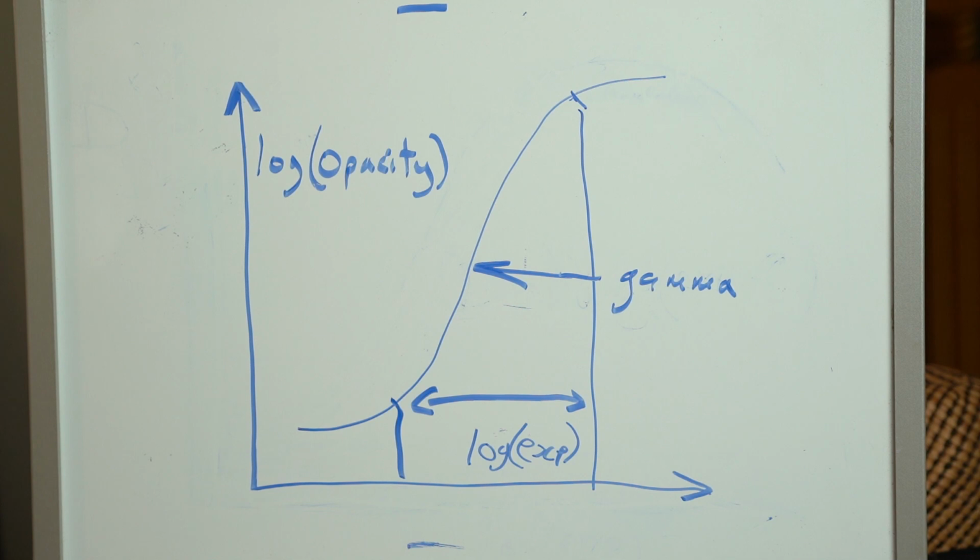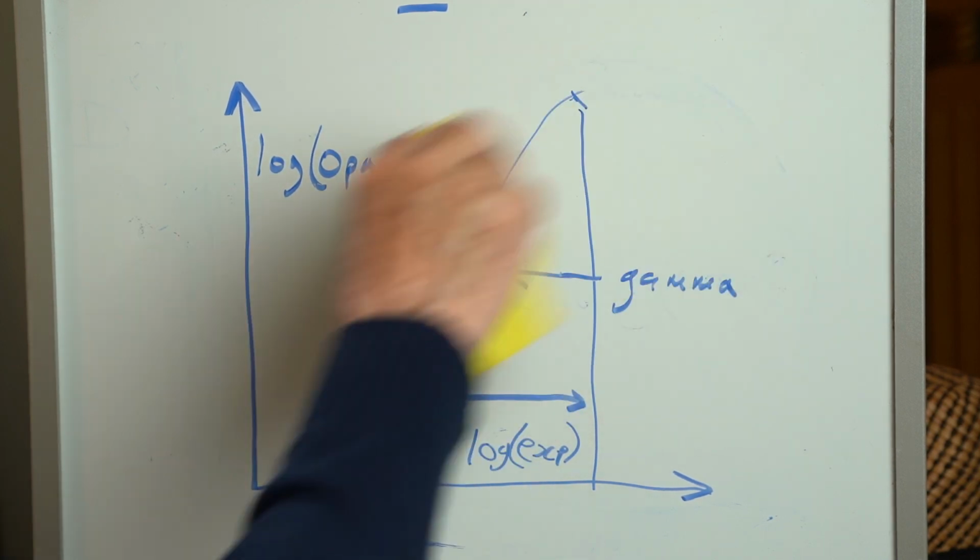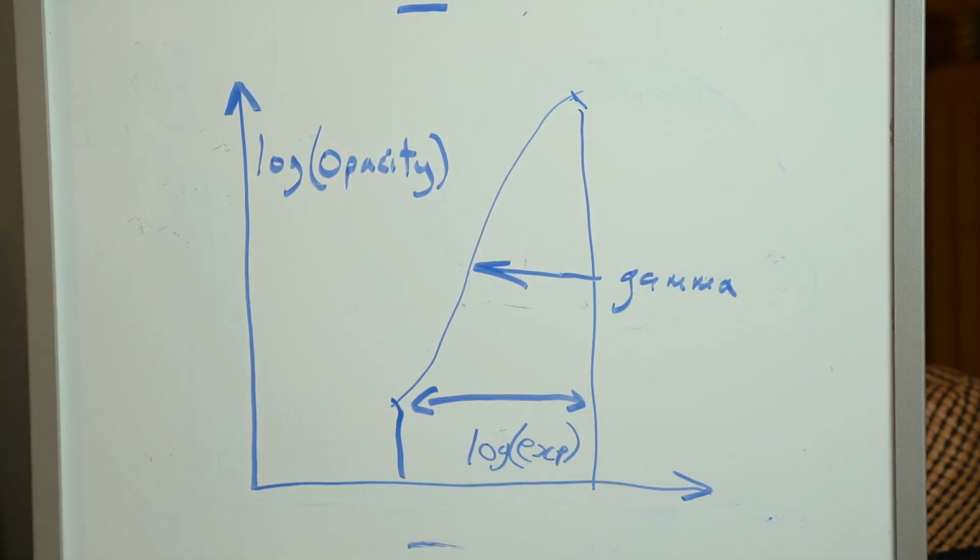Now, why am I doing that? Well, there's a bit of mathematics involved here. You see, let's get rid of the parts we don't use. And what we've got then is basically a straight line on a log-log graph. And it turns out that if you've got a straight line on a log-log graph, then you have a mathematical